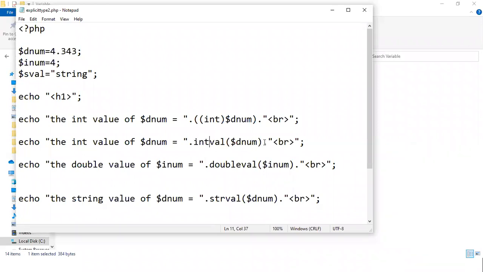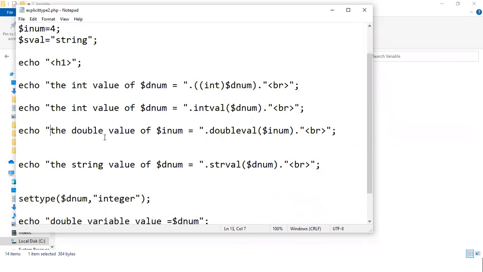In the PHP function, we want this double converted into an integer value. Even though this number is a double, we want only the integer value, which in this case is 4. Look here, double to double. Here I'm trying to work with converting. This is implicit, we do not have to bother.